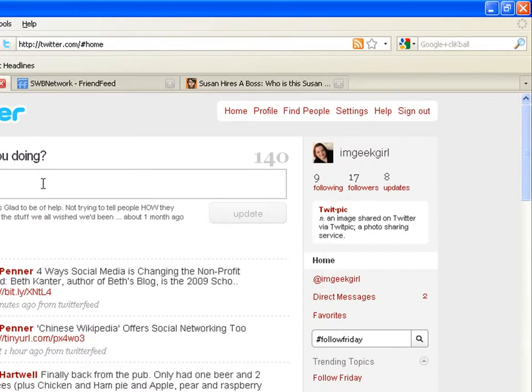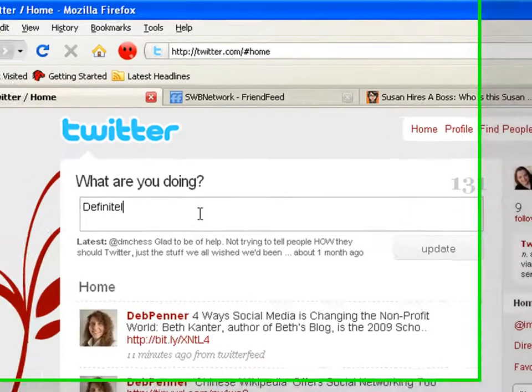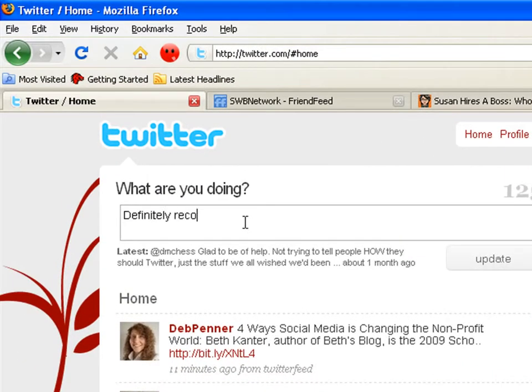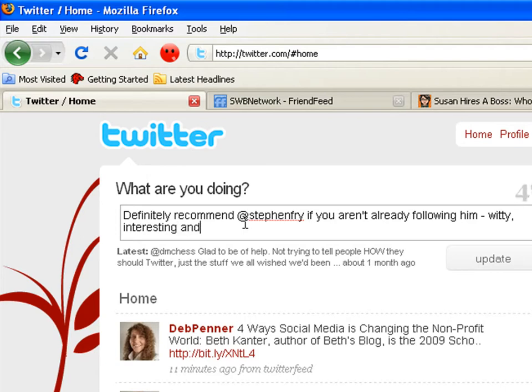I might say, definitely recommend Stephen Fry if you aren't already following him. Witty, interesting, and informative. And then you add the hashtag, you post your update,